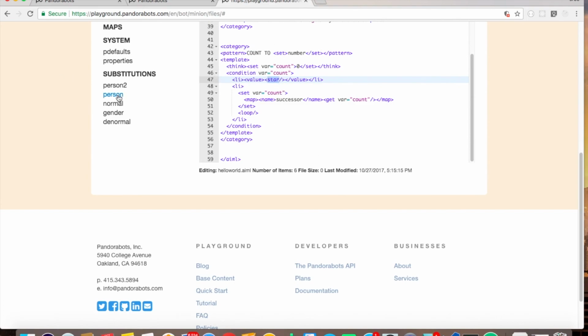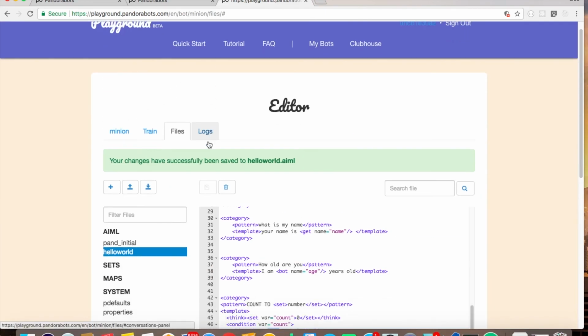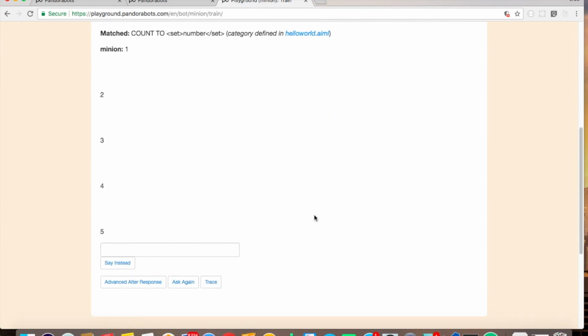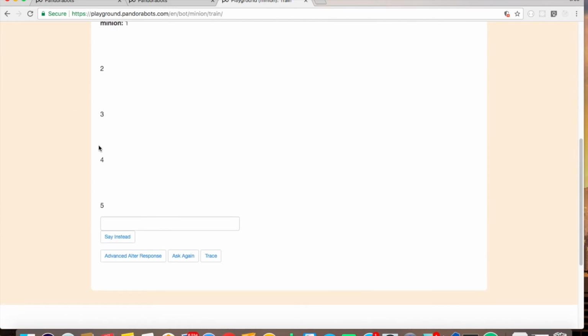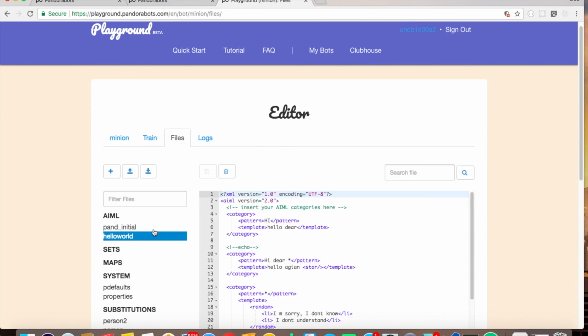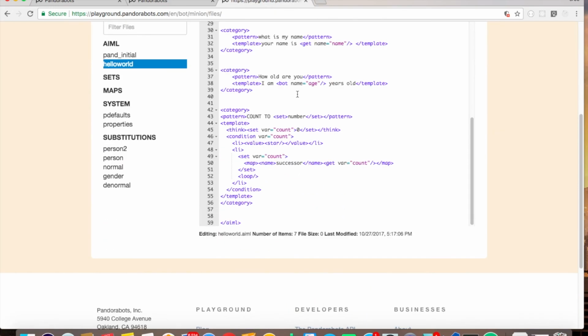So let's go and check it out. Train, so count to 5. Ask. Awesome, it's giving me 1, 2, 3, 4, 5. So let's go back again to the hello world. What we did here is we declared a local variable.